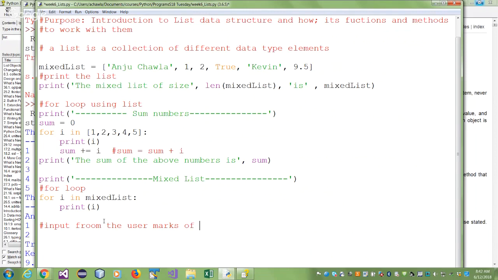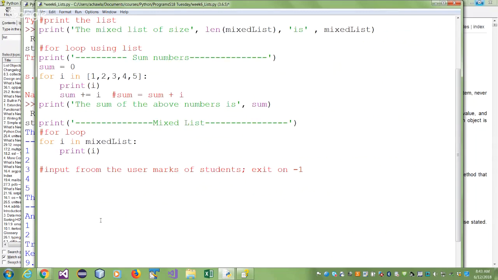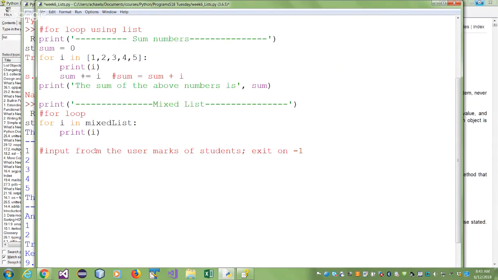students, like some marks. You can decide, maybe stop while it is not equal to 0, right? Or you can say on -1. There are so many ways you can do it. So you'll say, I'll stop at -1. When the user gives a -1, I'll stop. Okay, so we know the for loop. Now the whole program, I haven't yet made it interactive, which I will, but I'm just showing you how it is going on. So I'm going to take input marks of students from the list, and then I'm going to stop at -1. So remember how we kind of said,